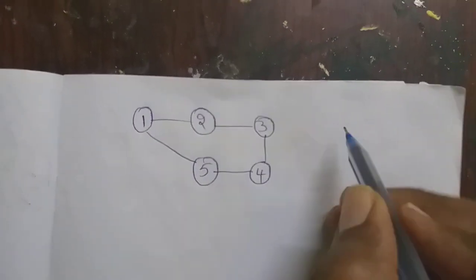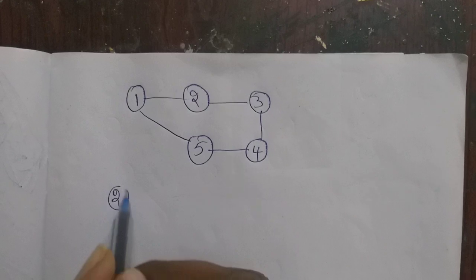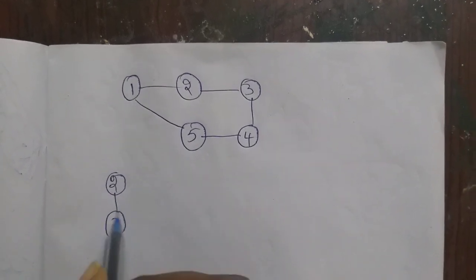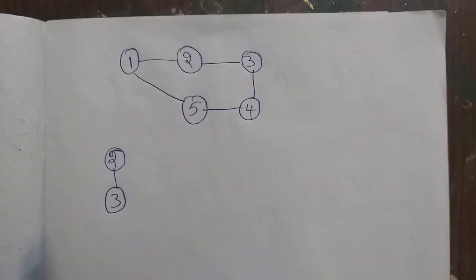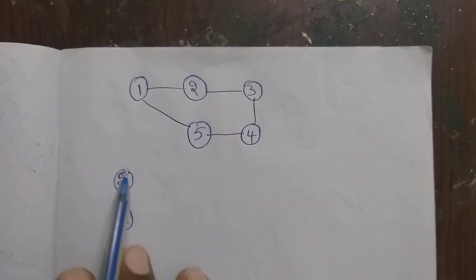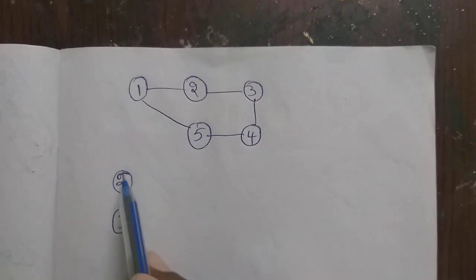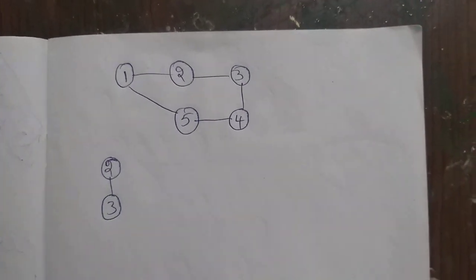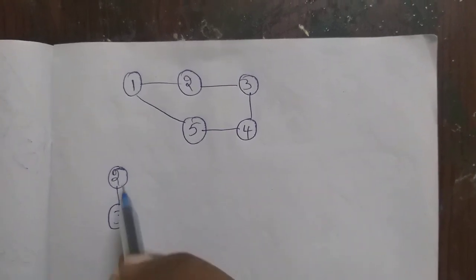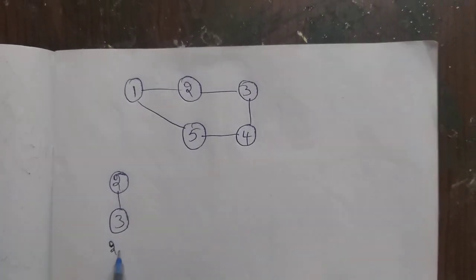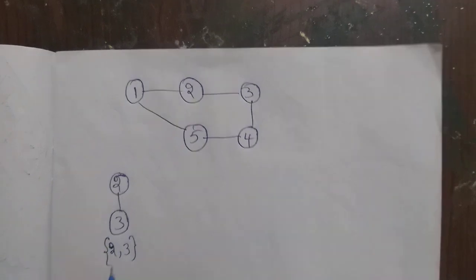First of all, I'll take a subgraph. For example, I say this is one biconnected component. Why? I say it is a subgraph which is a biconnected subgraph. Yes, it is biconnected. There is no articulation point. Tell me whether it is a maximal biconnected or not. I am saying the {2, 3} set is maximal.